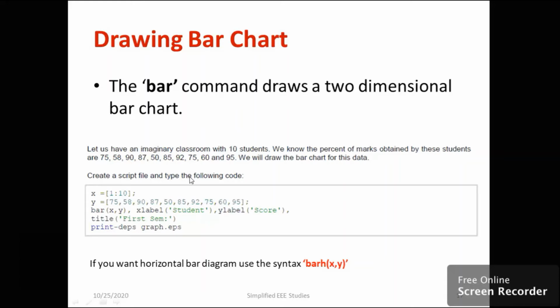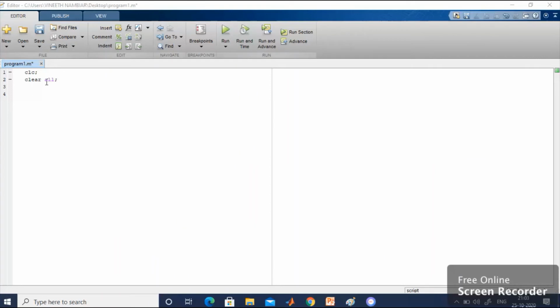So go to the editor file of MATLAB and let us make the comment. Okay. Now let's type the program. So clear all. Then you can put CLC also. Then let us define X. There are 10 students, so we can mention 1 to 10. That means we'll be getting the numbers 1, 2, 3, likewise. No need to mention the increment once again. It is understood, by default we'll be getting it. Then you can mention the y parameter. Y is equal to the percentage of marks.